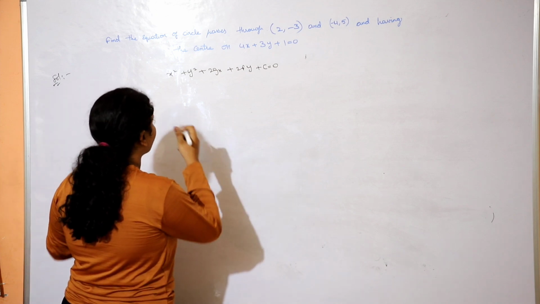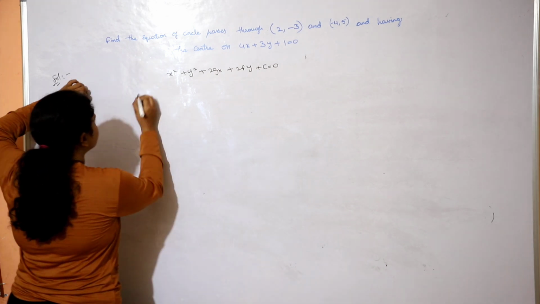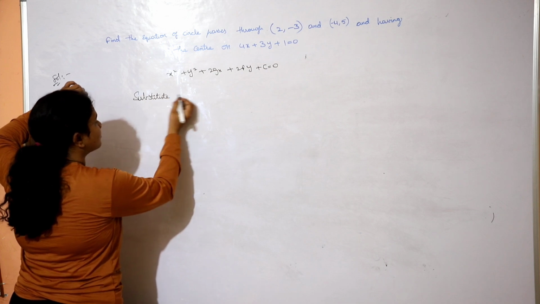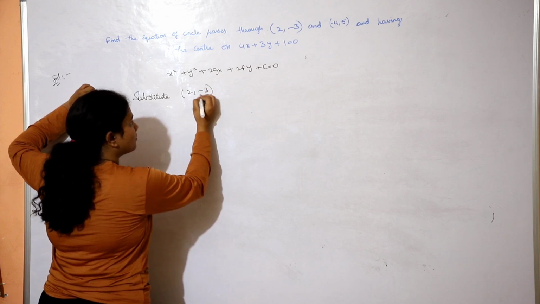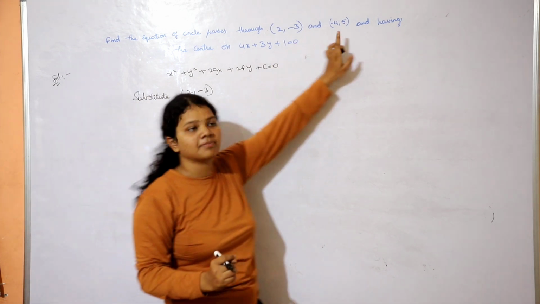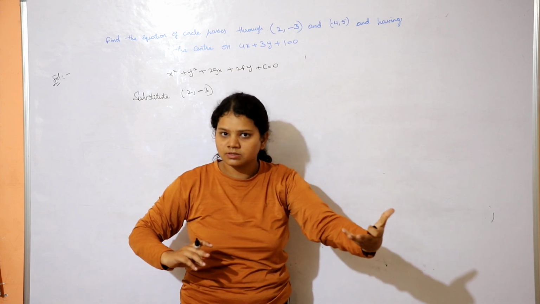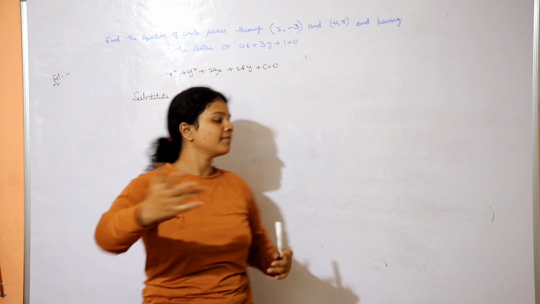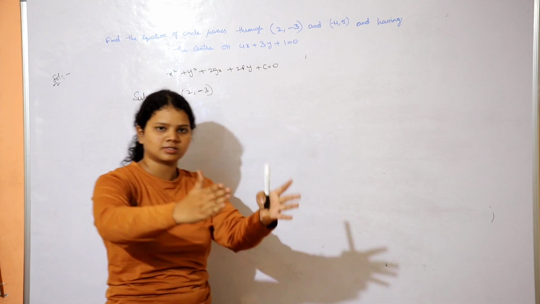Now here you're having x square plus y square plus 2gx plus 2fy plus c equals 0. This is the general equation of the circle. Now substitute, guys, to find the equations from the first point and the second point. My work is to find out the equation from this point and the equation from this point, as we have done in the previous questions. There's nothing different. Try to solve the process, and then we will be doing the additional step where this question takes a turn.